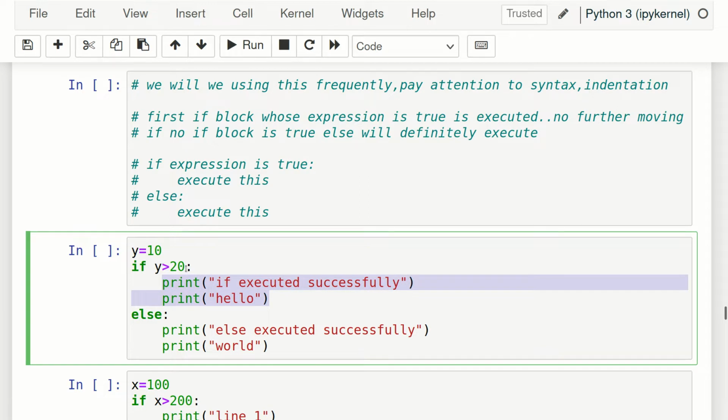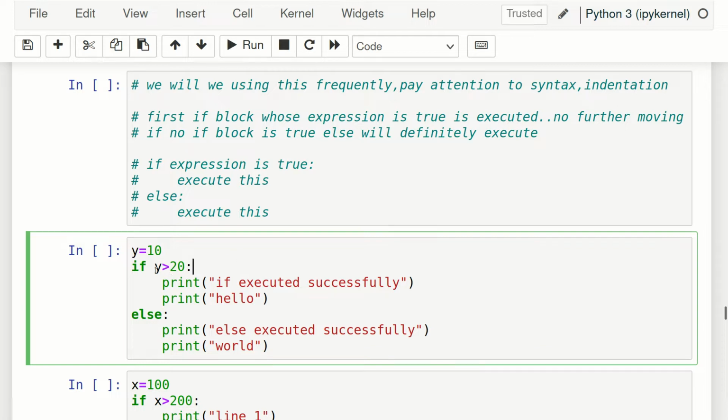But if this condition is false, do not run, do not enter this block, instead go to the else block. If whatever condition I am giving is true, then enter here. If it is false, do not run it, directly go to else. This is if else.